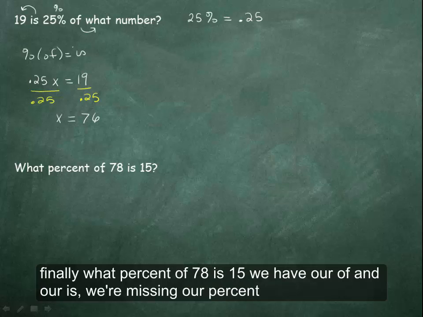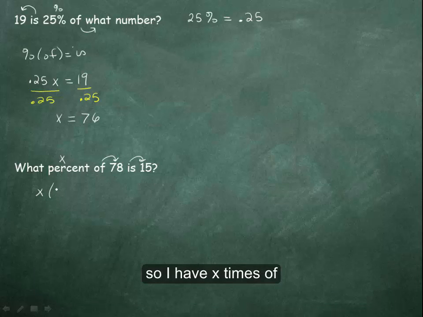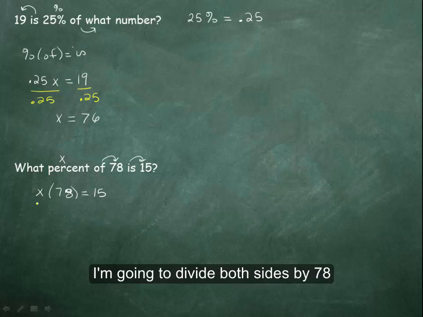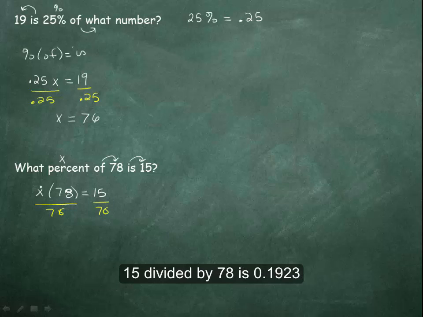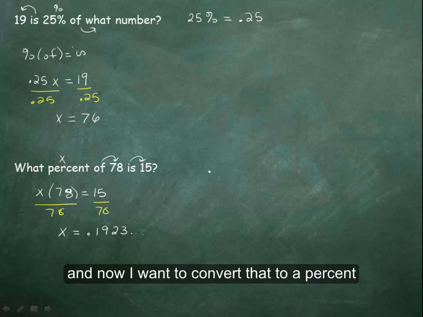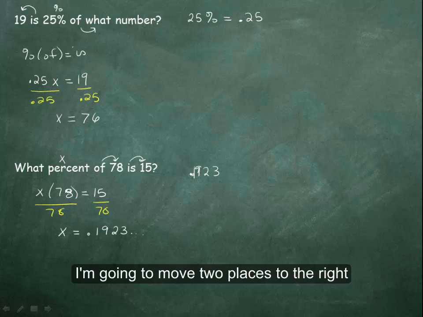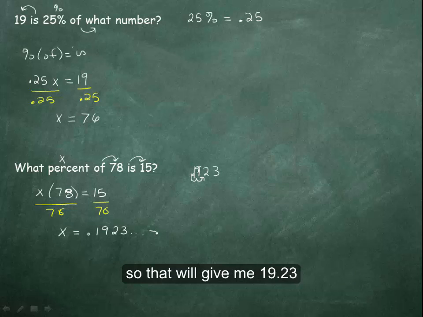Finally, what percent of 78 is 15? We have our of and our is. We're missing our percent. So I have x times of is equal to is. I'm going to divide both sides by 78. 15 divided by 78 is 0.1923, etc. And now I want to convert that to a percent. We're going to move 2 places to the right, so that'll give me